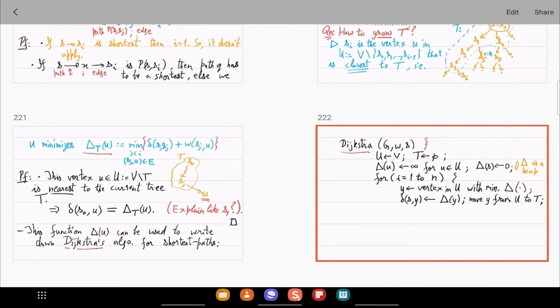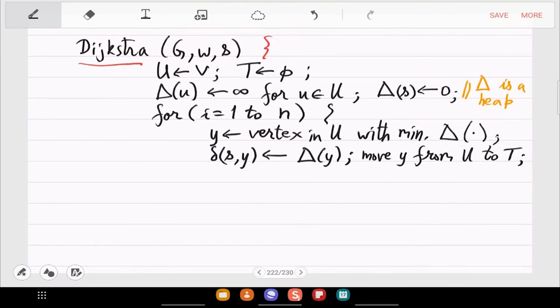So what he's suggesting, for efficiency purposes, in fact even for correctness purposes, is this: the definition of the delta function depends on the tree, right?